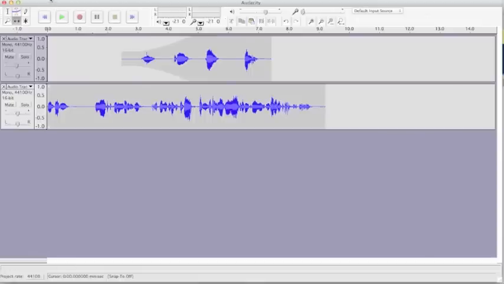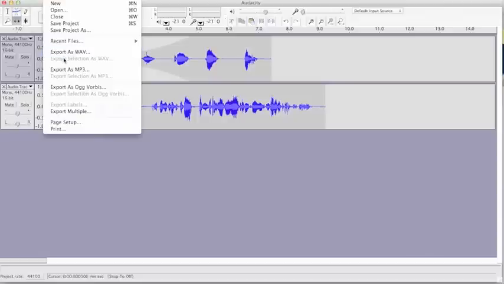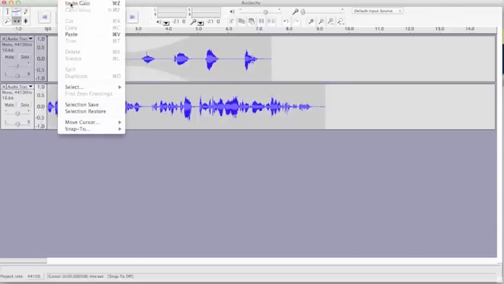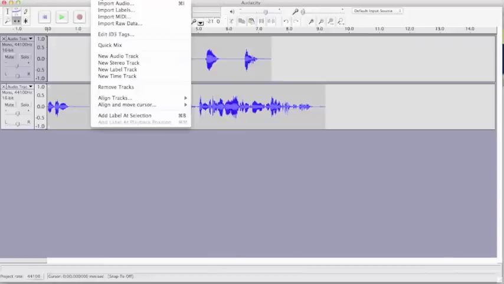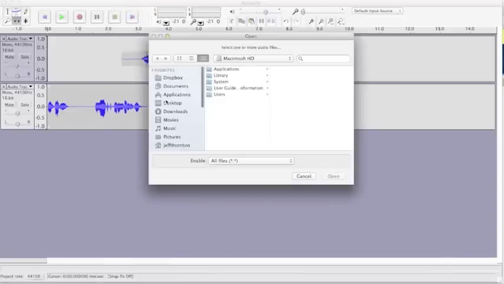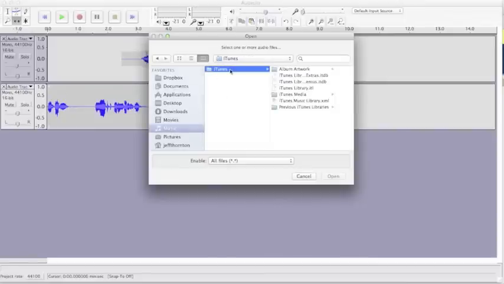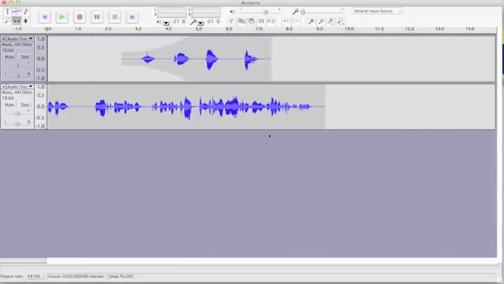One other great thing is if you go up into the Project menu, you can say Import Audio. And this is really great if you have some music somewhere in your library and you want to bring it over. You can bring that song right here into Audacity, and you could make some cuts to it. You could change the music however you'd like. You can rearrange it and make it into your own